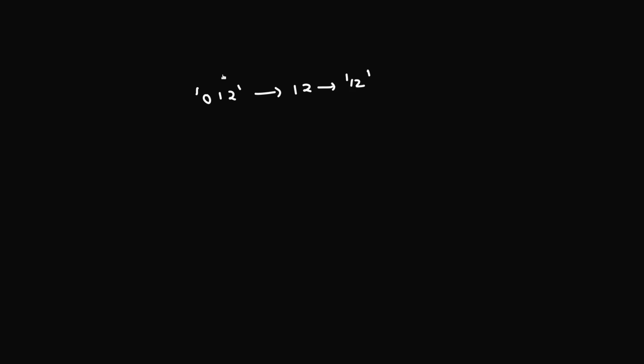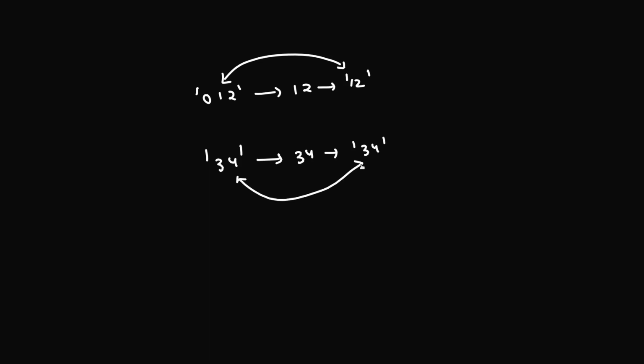Okay, now have a look at these two strings. Of course these two strings differ because of the leading 0. So if I compare these two strings, they are not going to be equal. But if I don't have a leading 0, suppose I have a number like 34 without a leading 0, and I convert it into an integer, it's going to be 34. And if I convert this integer back to the string, it's again going to be 34. If you have a look at these two strings, both of them are going to be the same.